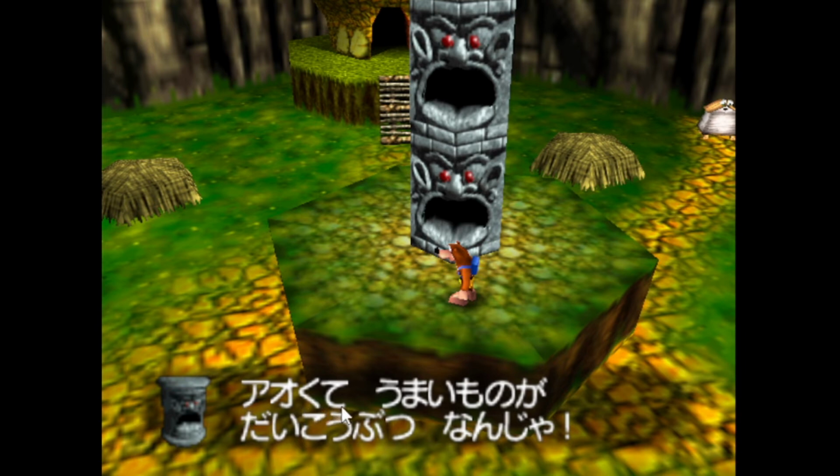Ao kute umai mono ga daikoubutsu nanja. Okay, so ao, or rather aoi, is an e adjective meaning blue. Basically, it's just the adjective form of the color blue. And ao kute it's just te form so that you can list more than one adjective, basically.